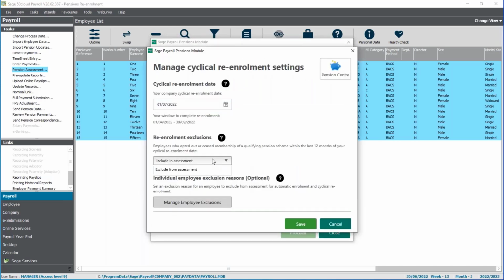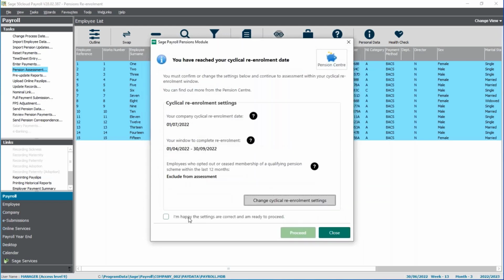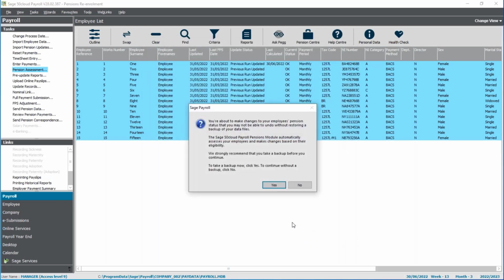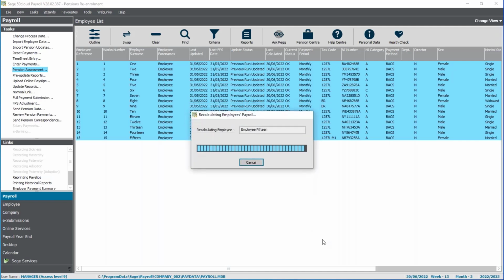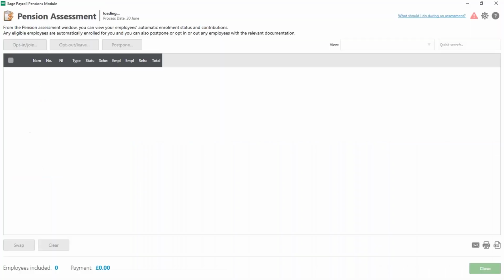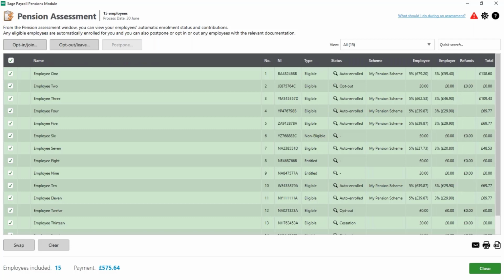So I'm going to go in and change the settings so that we are excluding those employees that fairly recently opted out. Once you're happy with your settings, you would just run a pension assessment as normal, making sure you take that all-important backup. When you're into the assessment screen, this will flag up the employees that needed to be re-enrolled. So I'm expecting to see some flags on the left-hand side of this screen, but of course,